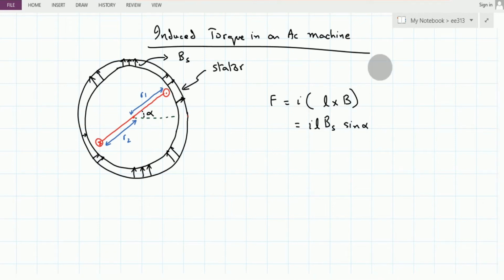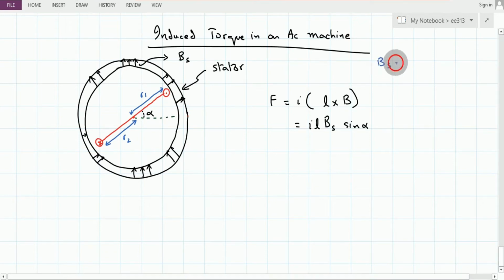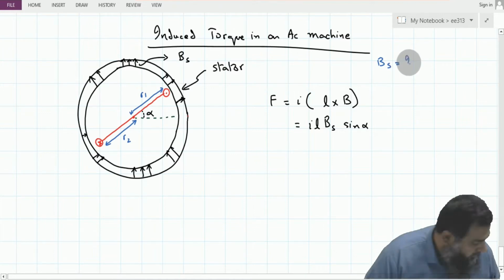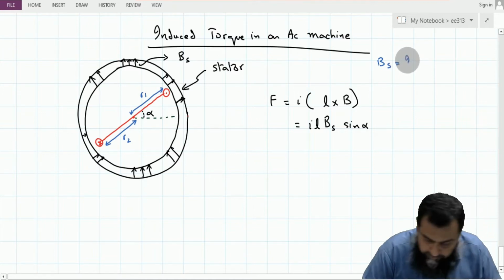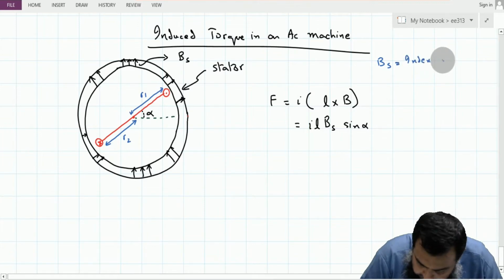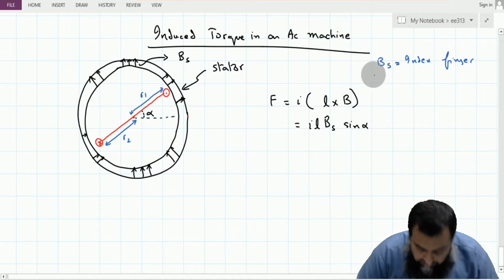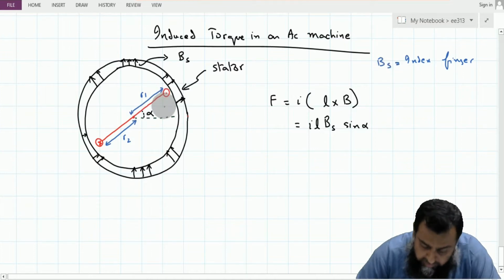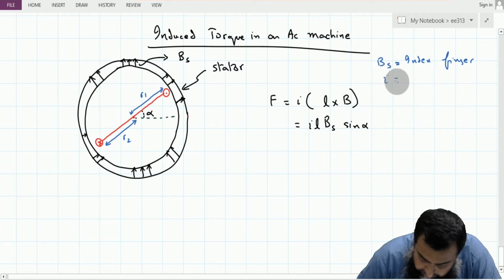It says that this BS, which is the direction of the field of the stator, can be represented by the index finger. The current which is flowing in these conductors, I, is given by the middle finger, and thereafter the thumb will tell us the direction of the force